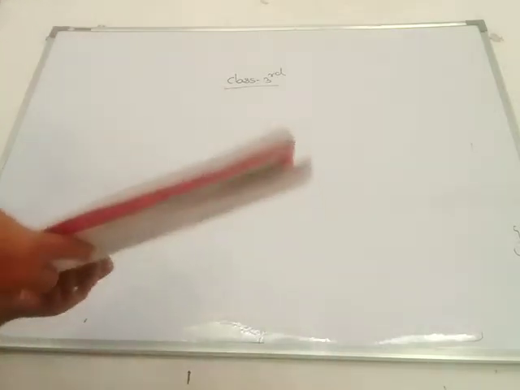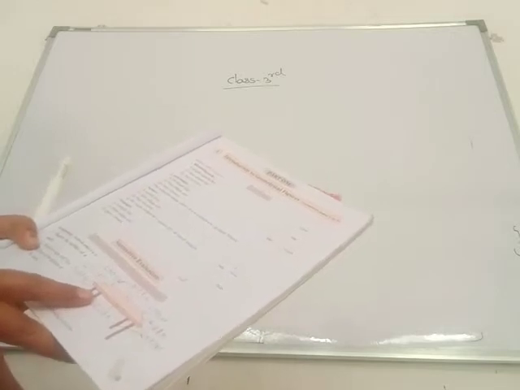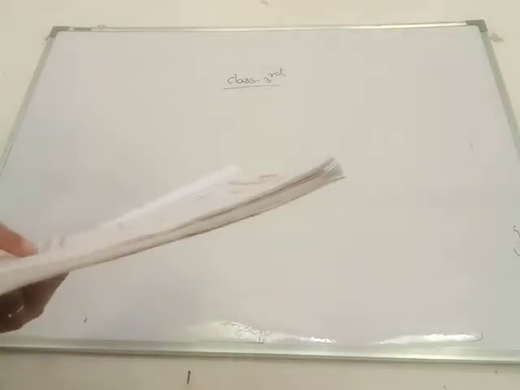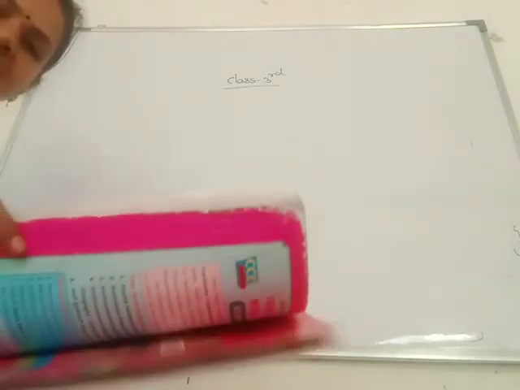Then you see in your textbook, page number 5, this picture. Observe the surface of a table. You see the surface of this table. This one corner, edge, corner, this edge, corner, edge, and this one also corner, and this middle side edge. Then you write here the names, which one is a corner and which one is an edge.